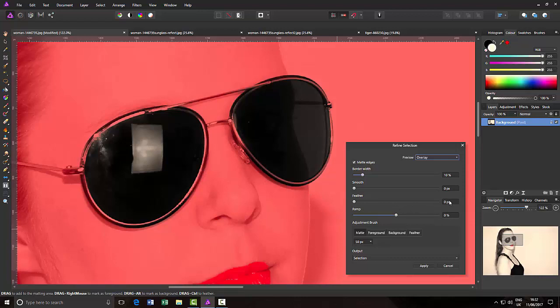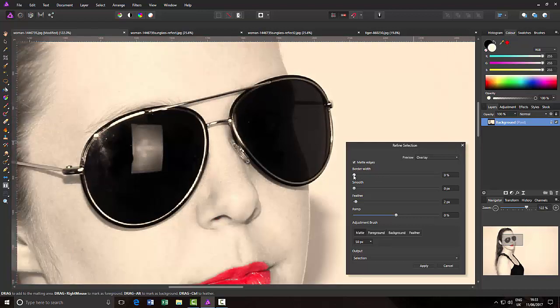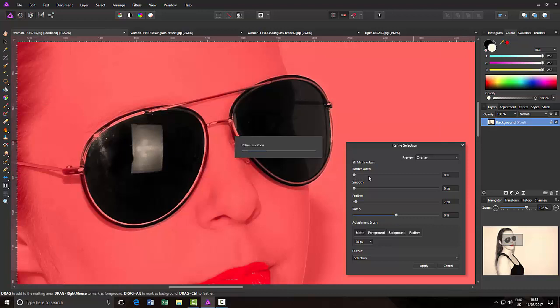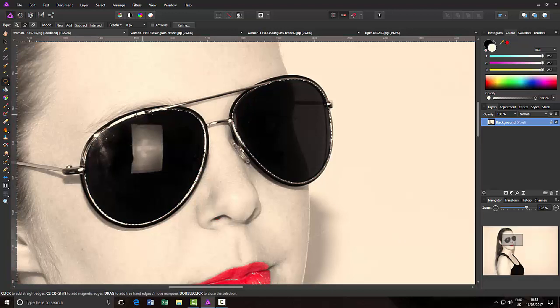It's easier to click and type this in rather than try and move the slider, because it's very difficult to get an exact figure, although you don't necessarily have to be exact. But I'm going to click and type 2. Now I have found that with the default settings, where the border width is set on 10%, it does start to select some of the frame outside of where I selected, a bit too much. So what I did was I dropped this down to 0 and then click apply, so it is still just selecting